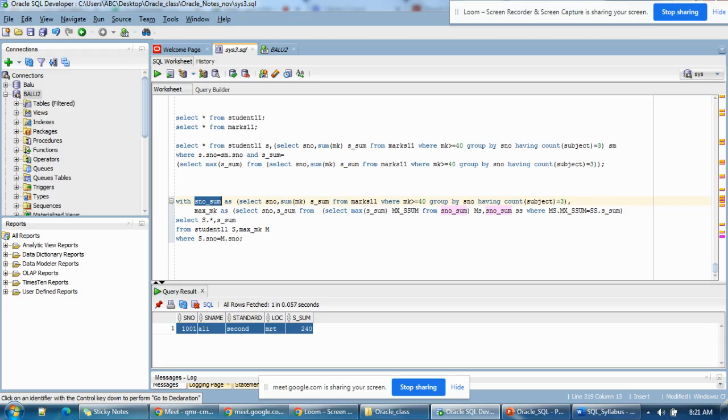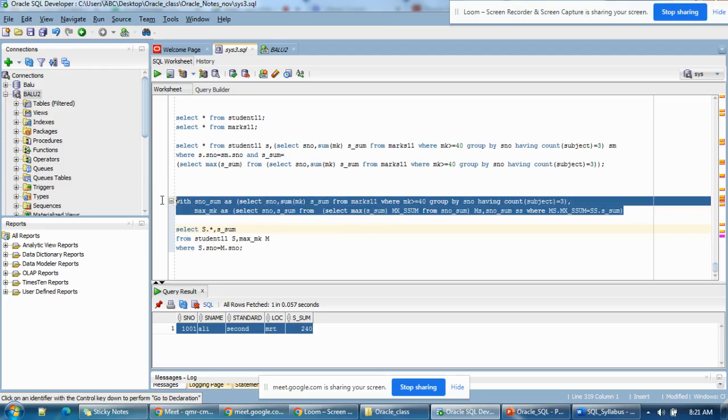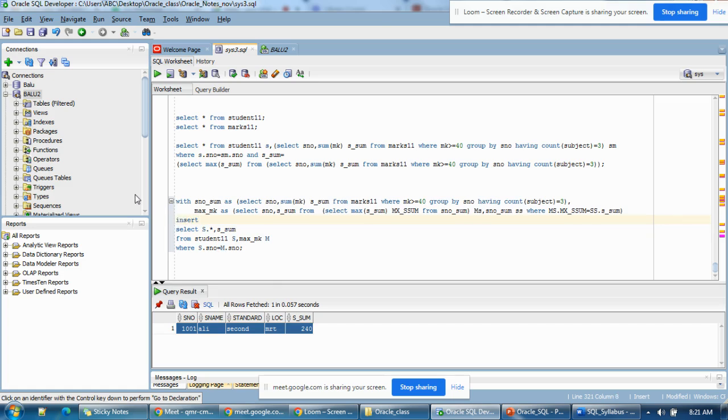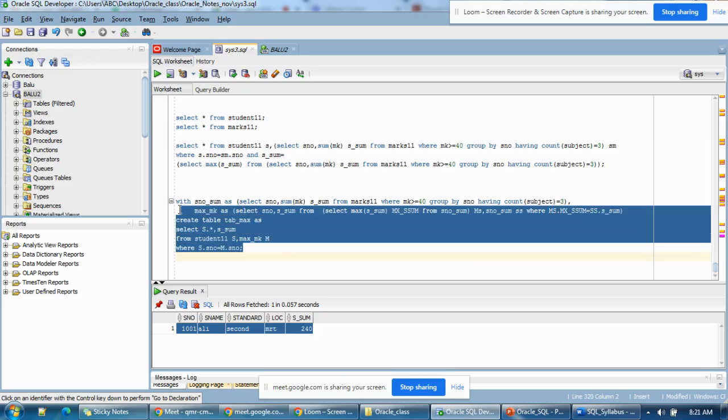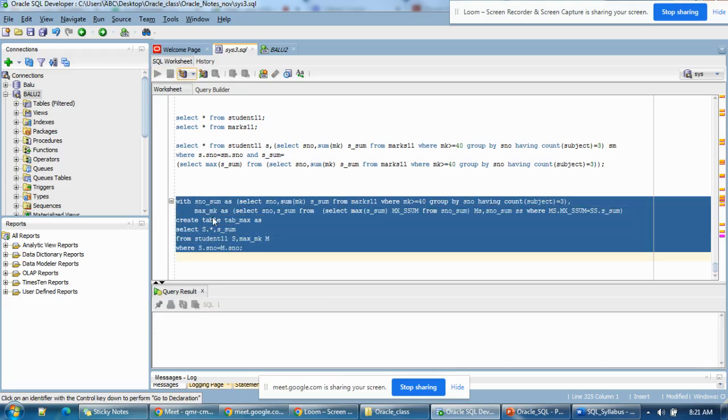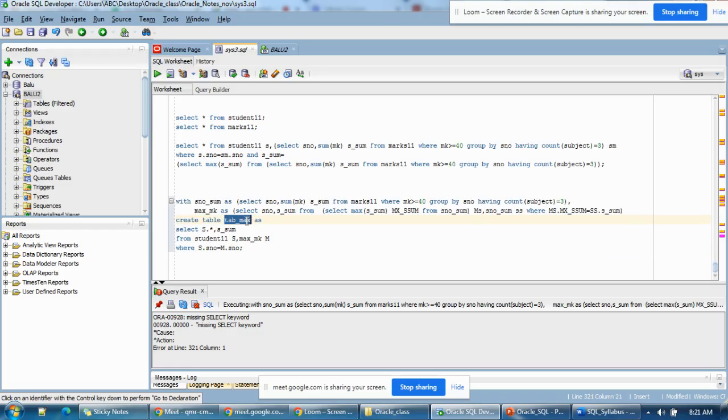See, again query execution will be the same as I told earlier. You should be writing the with clause on top of that only. Even if you are using any DML operations, you will be writing it here only. Okay, I want to insert the data into some other table. You need to write this only. Let's create table name, table underscore max, like that I will use. If I want to use that, you need to write it like this, with the with clause on top of that only. Tab underscore max as